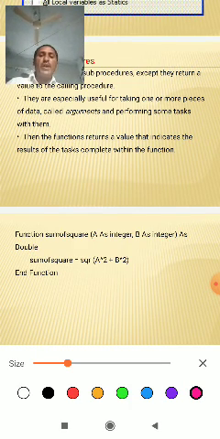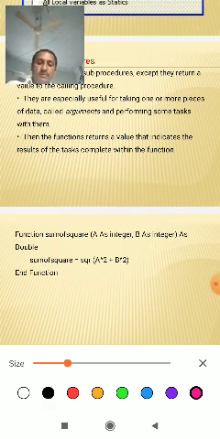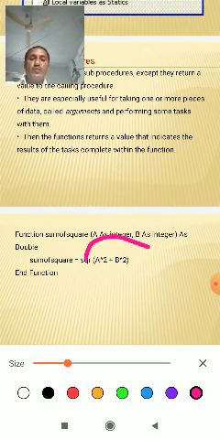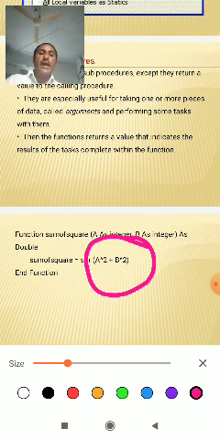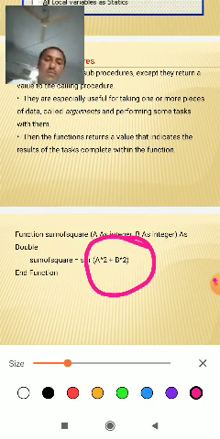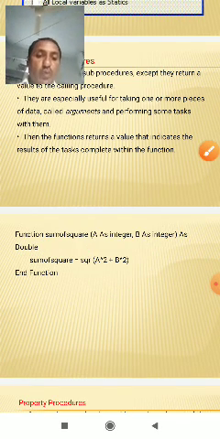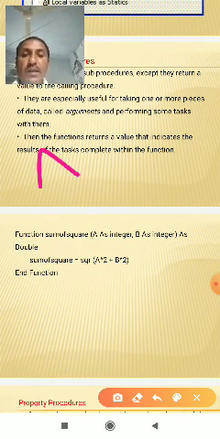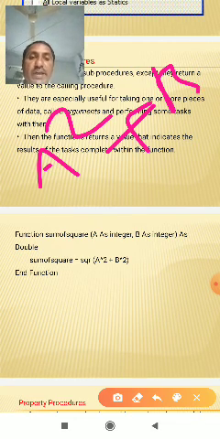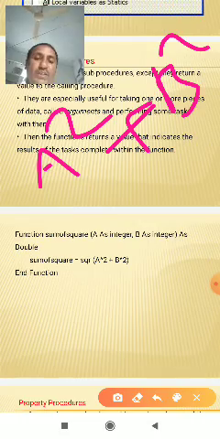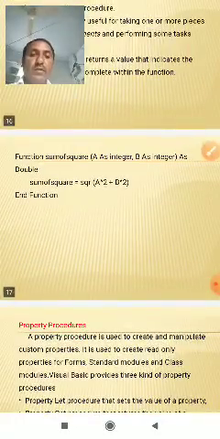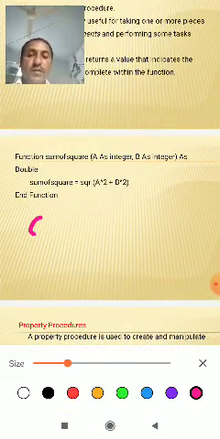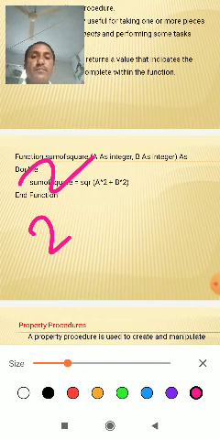SumOfSquare equals a square plus b square, then End Function. For example, given the values 2 to the power of 2, the square of 2 into 2 equals 4.